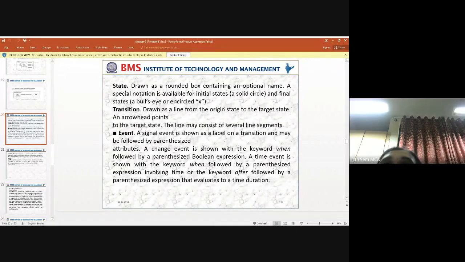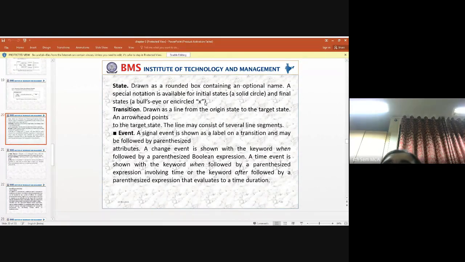We draw it with a rounded box with an optional name. Also, before the state gets executed, any system should have an initial state. That initial state is indicated with a solid circle, and the final state is indicated with the bull's eye, or with the encircled X.